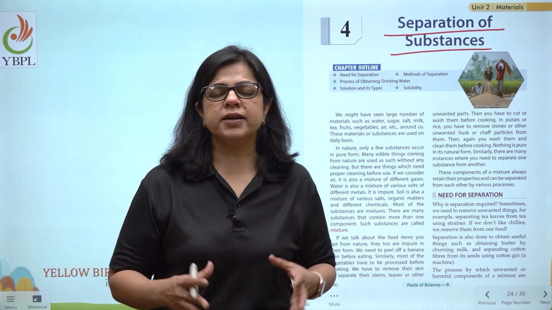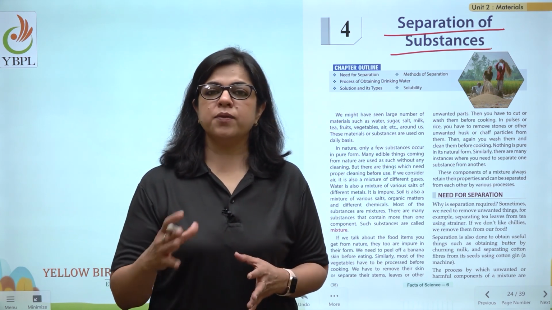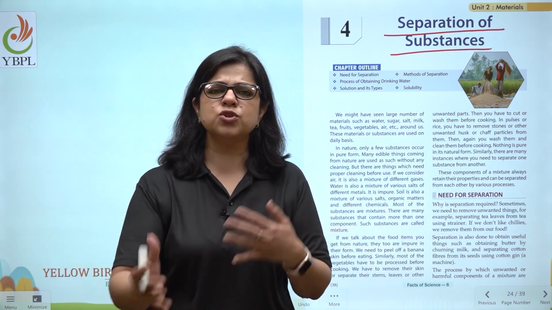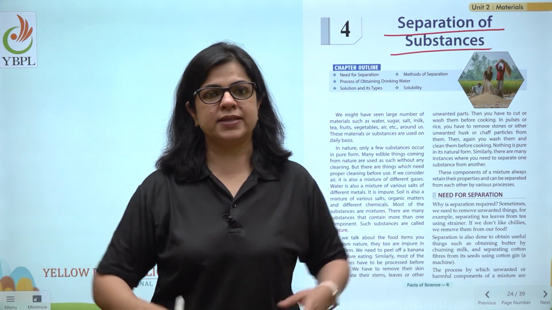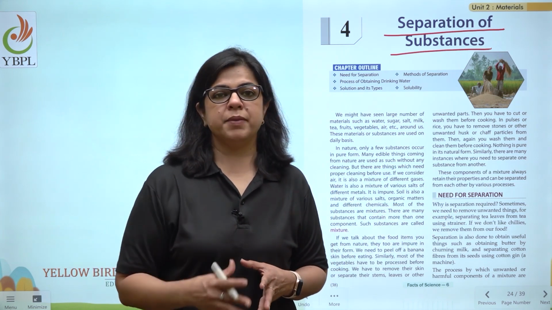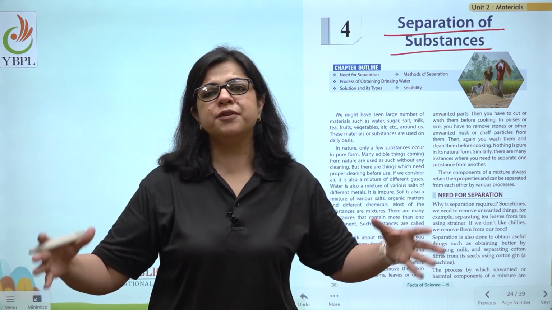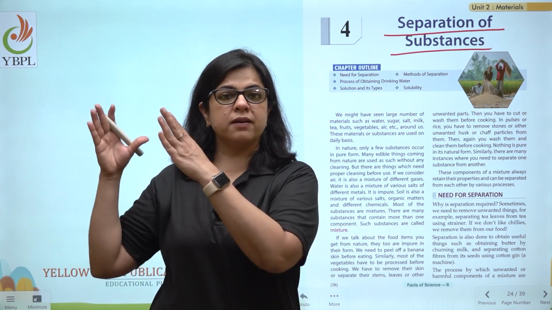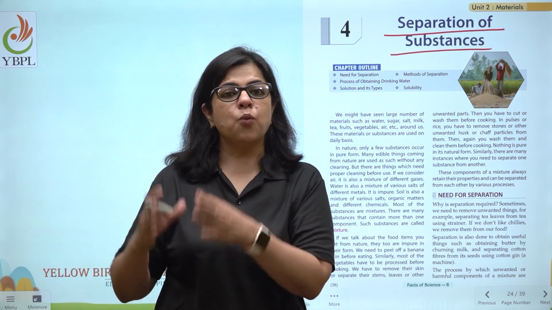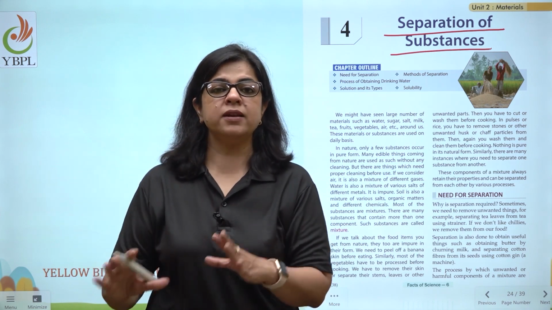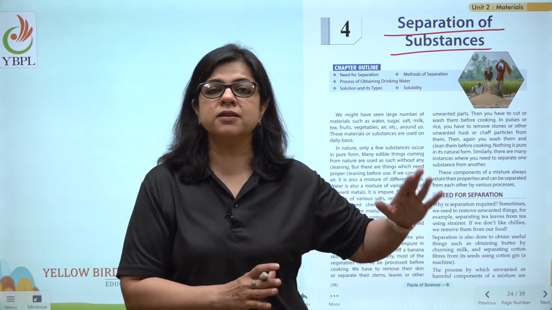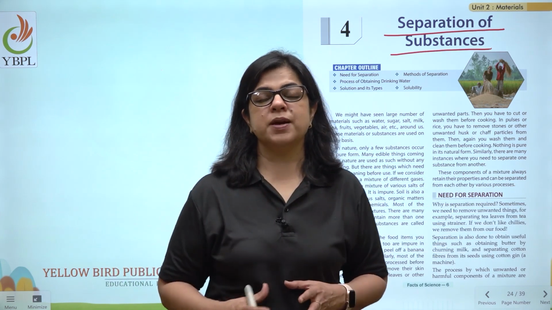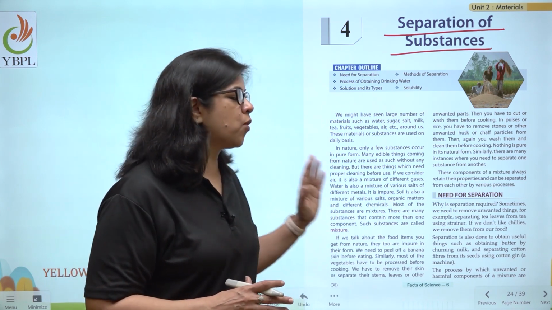We keep going to the markets to get different things. So when we go to a vegetable vendor, he has arranged all the vegetables in different piles. He does not mix them up. He separates them. Similarly, if you go to a departmental store, you will see many different kinds of things arranged in a particular manner. So pulses will be arranged together, and of the pulses, one kind of pulses will be together. Then oils will be on a different shelf. Detergents will be on a third shelf, and so on. So children, separation of substances is a very, very important thing.